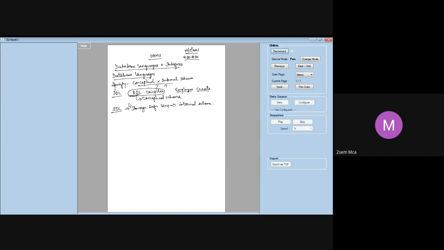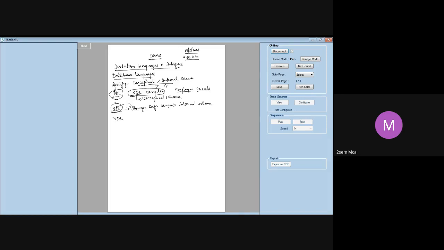So the mapping, I said in the last class we saw, there is always a mapping between external schema and conceptual schema. There is always a mapping between conceptual schema and the internal schema. That mapping can be done in either of the languages. That is, either you can do the mapping using DDL or you can do the mapping using SDL. But in most of the relational DBMS that are there today, there is no specific language that will perform this role of SDL. Generally, it is done by a combination of some parameters and so on. I'll come to that in more detail.